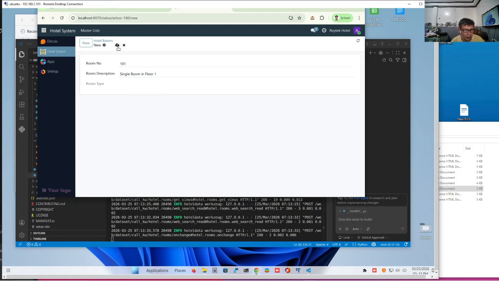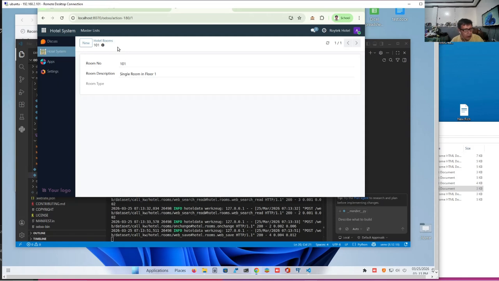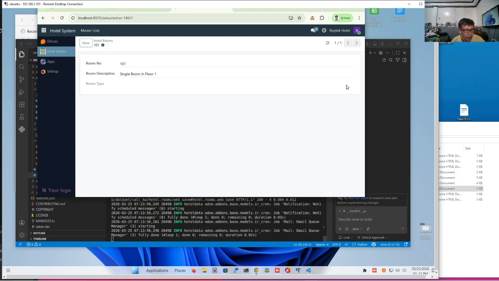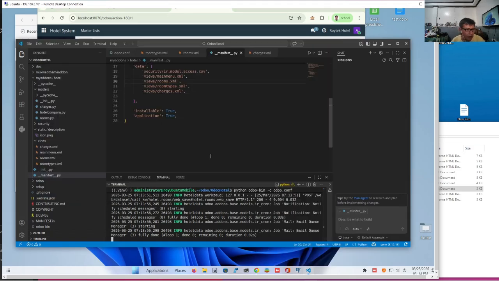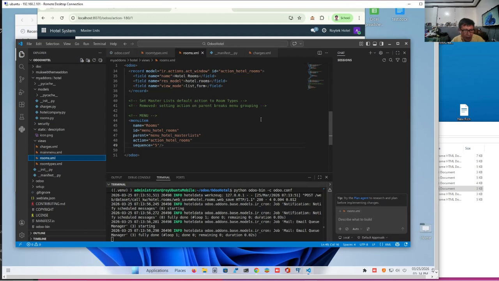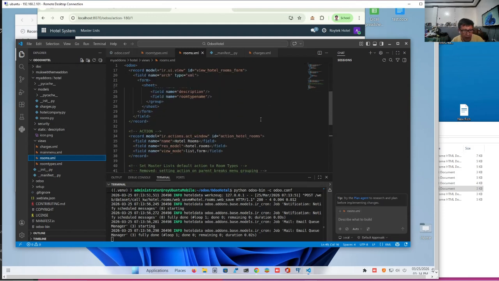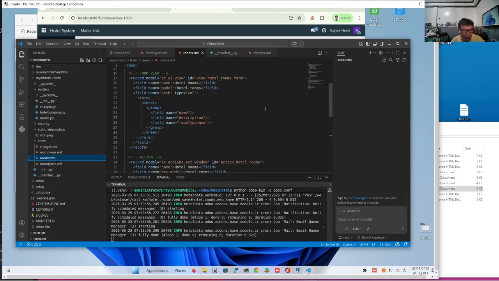Okay, we have a problem here because we want to have a drop down, but the drop down did not occur. So let me check my previous rooms.xml, okay, and find out how I did it. Okay, it should be room type name.